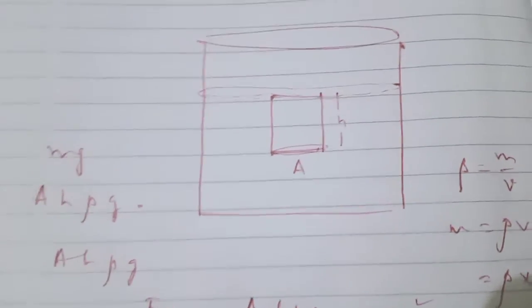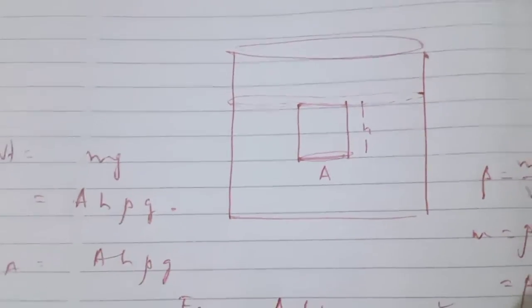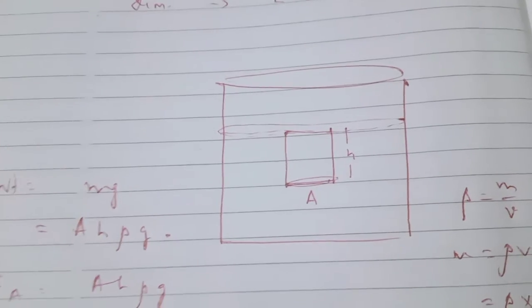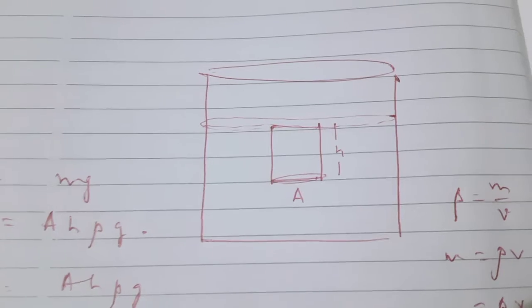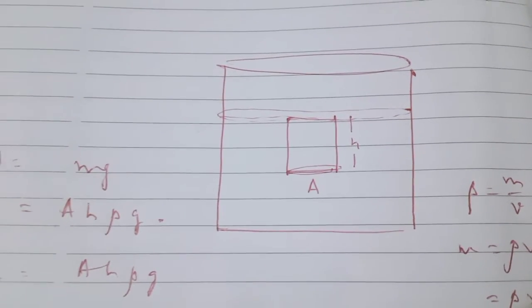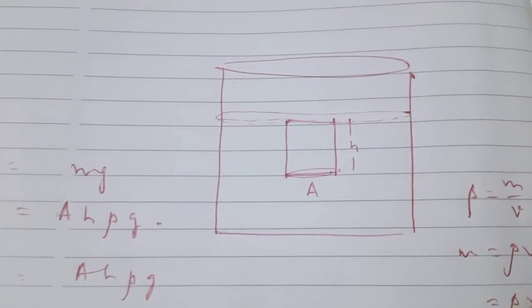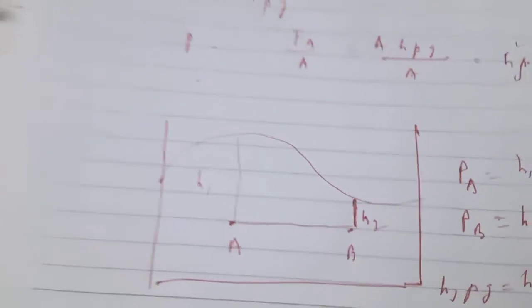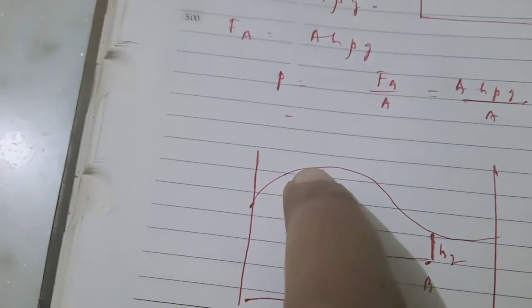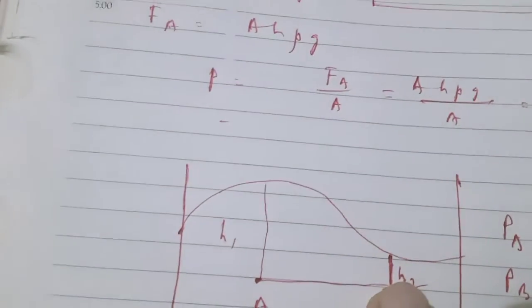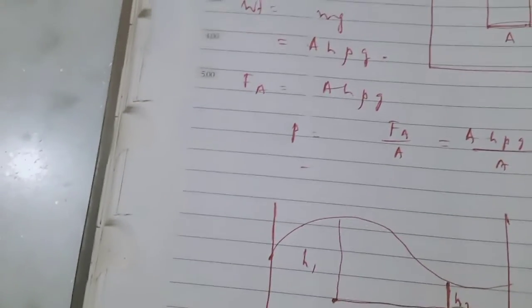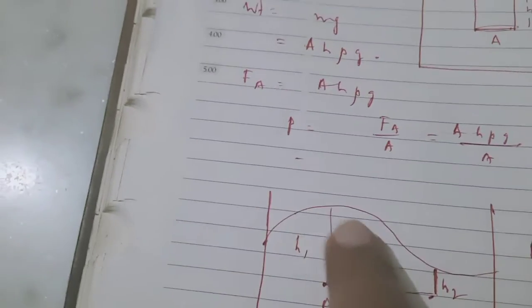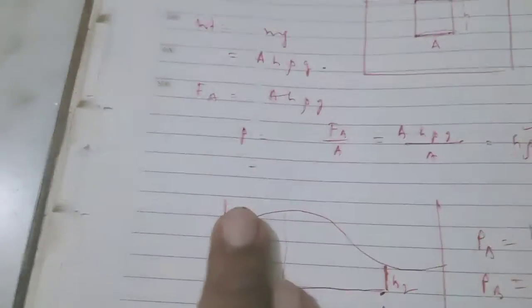Now what are the characteristics of liquid pressure? Pressure at a point in a liquid at rest is the same in all directions. Pressure at all points in the horizontal level of a liquid is the same. Now we can prove it. Let us consider this figure. Here we are considering that this surface is at a higher level and this surface is at a lower level. We are going to prove that the free surface of a liquid at rest remains always horizontal. That means this figure is wrong, if the liquid is at rest. You have to prove it.